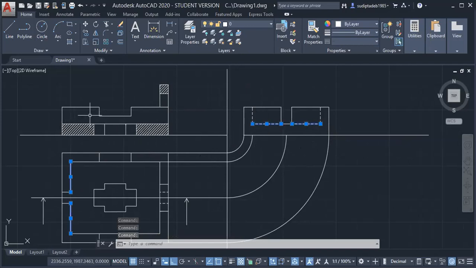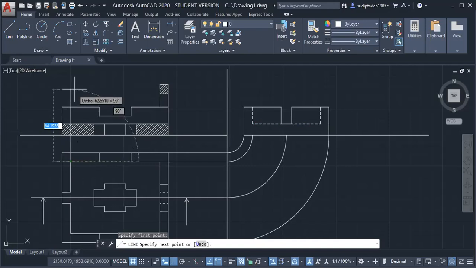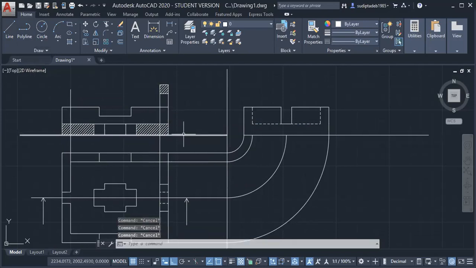The inside corner is also hidden. Also, if I see in my front view, there also I have to draw hidden lines. So here also, let me draw hidden lines. Okay, so let me